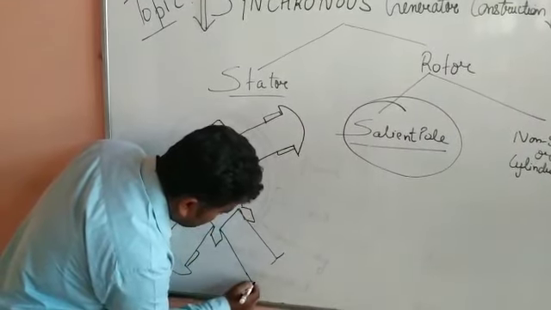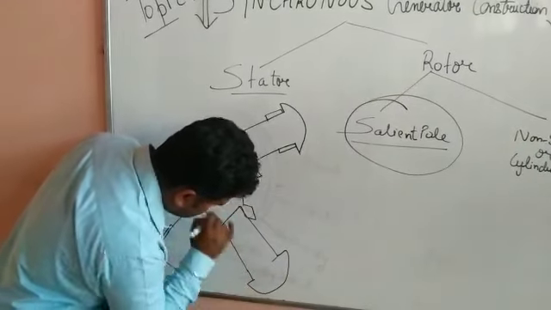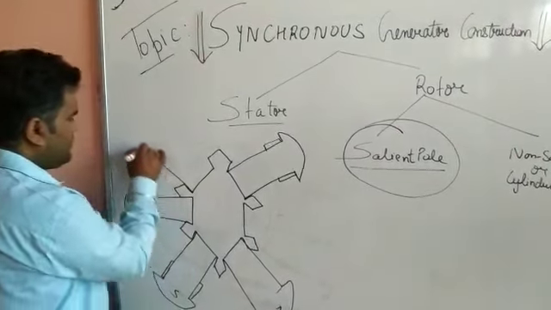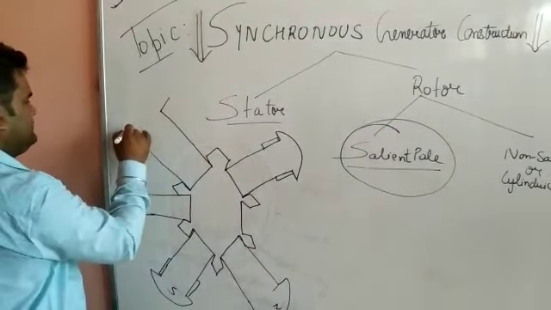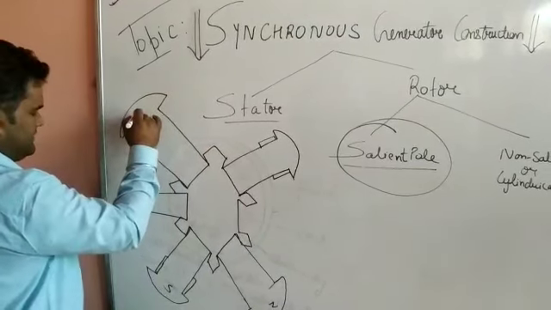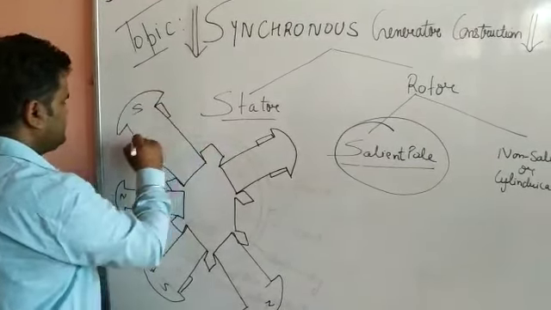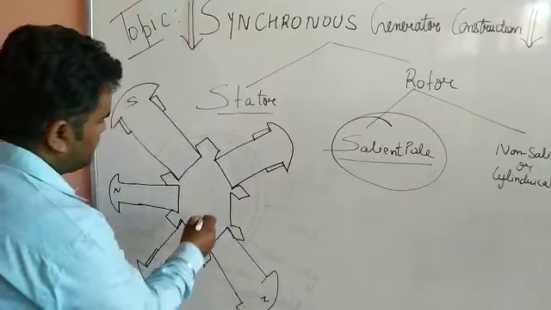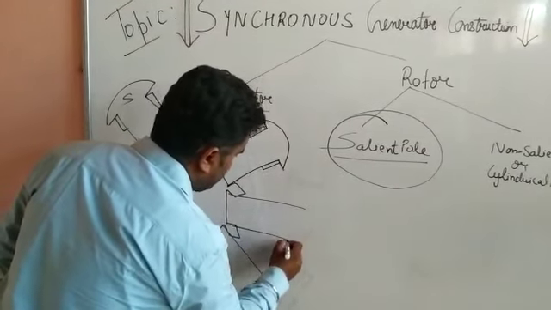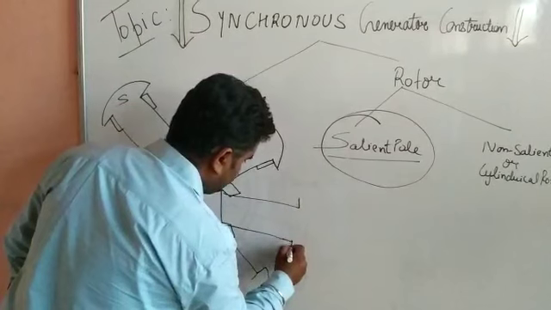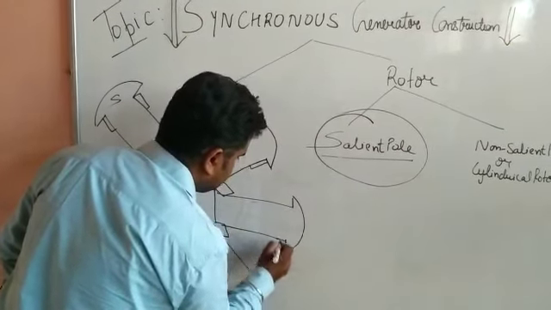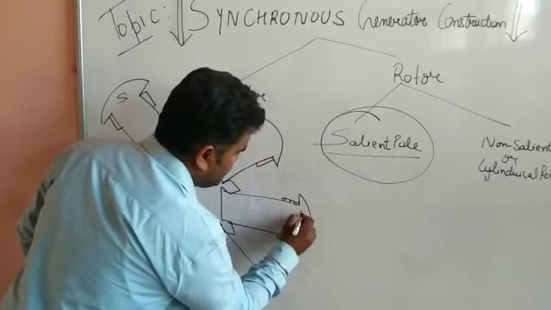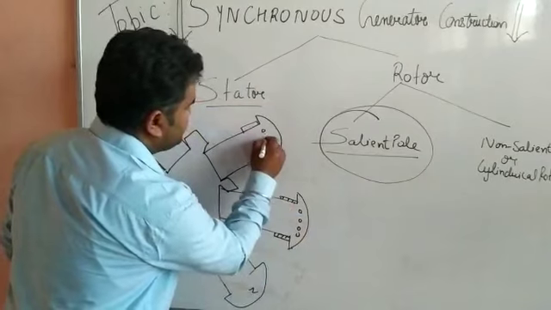These are projected poles actually. You can see these are projected outside. Okay, this is north, say south, north, again pole. Done. South, again field winding. Now you can see there are a total of 6 poles. This is again field winding. There is to be excited. These are damper bars.